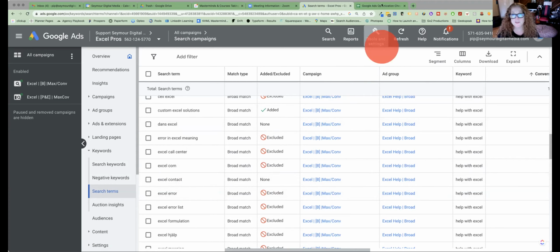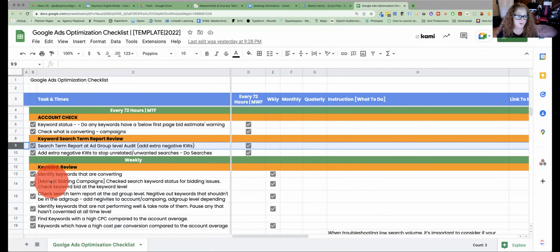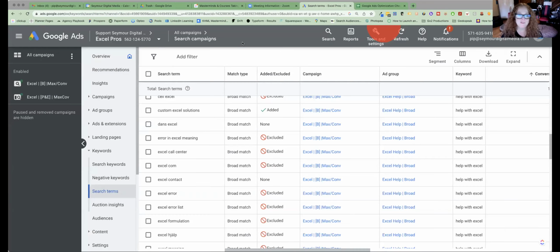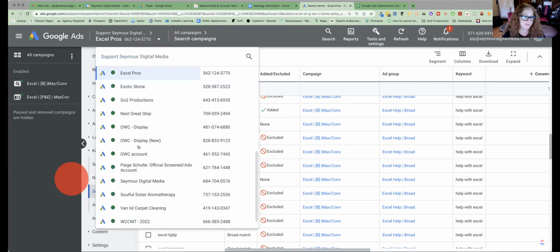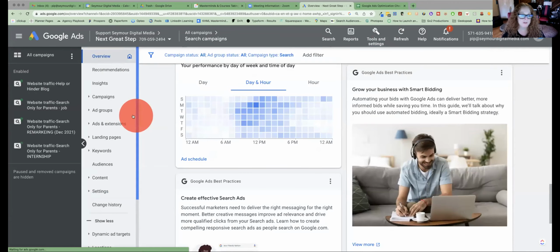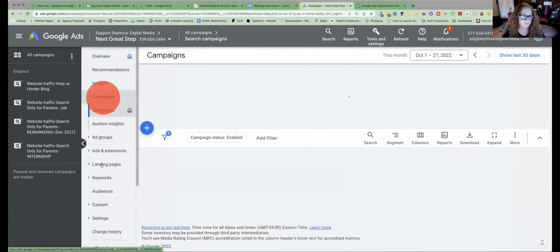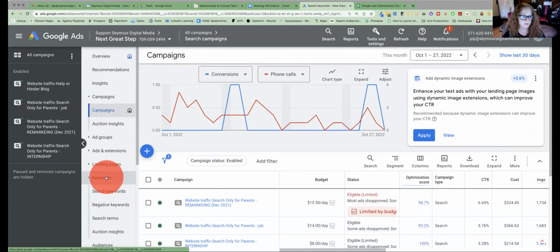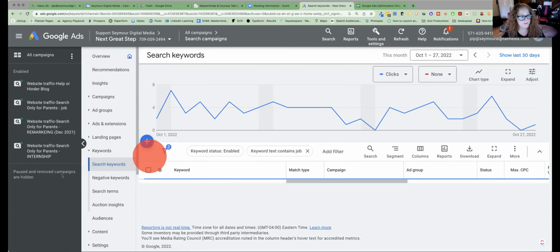So the search term report, as I said, is the place where you spend a lot of time. You identify keywords that are converting, you look at them, you take note. I have a new client and they were converting for job, literally job. So do we remember what job is? It is a head term, which is one word, and it's so broad. We'll go down to keywords in all campaigns. You can see there,